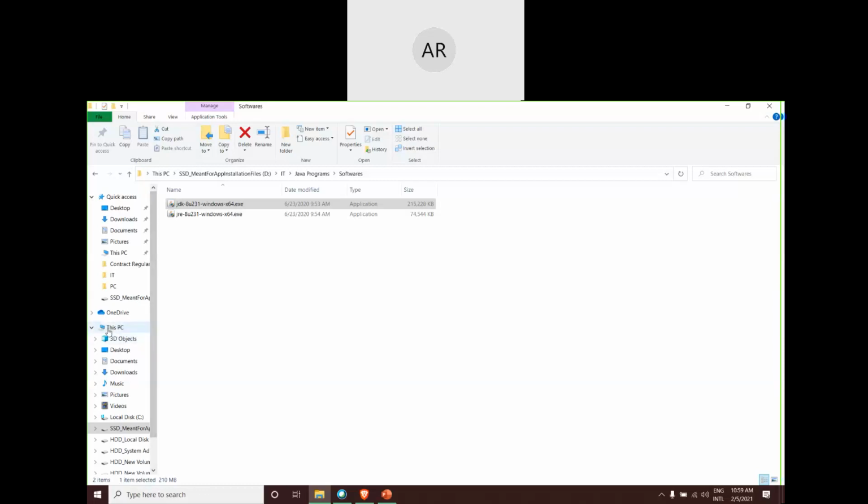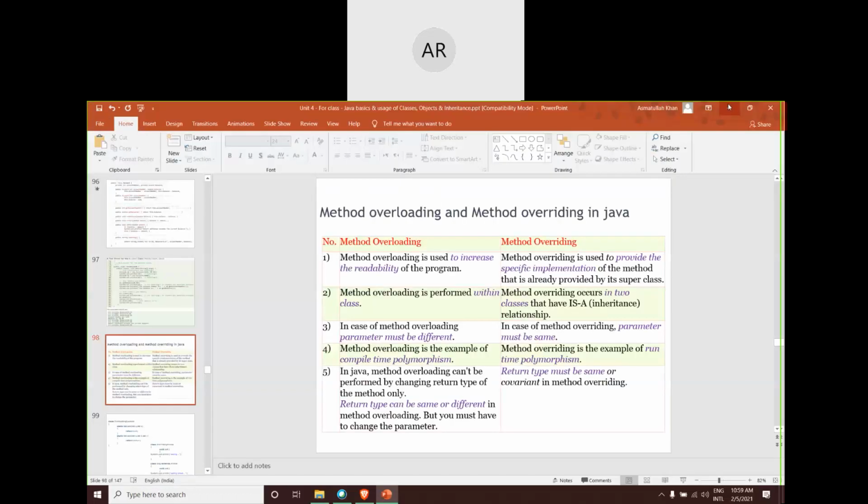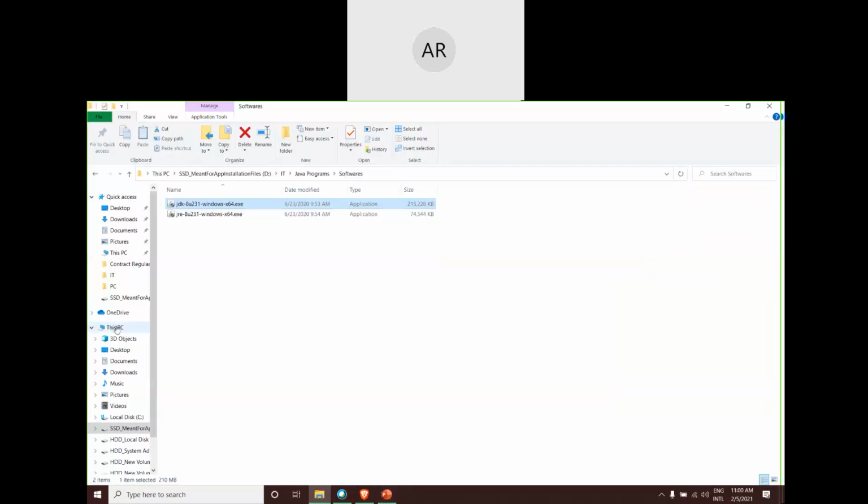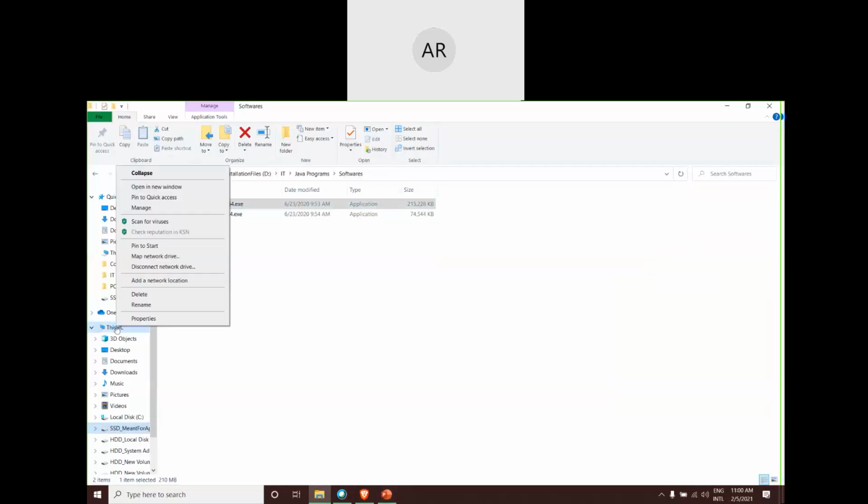On the left hand side, I have that window open. Otherwise, you can go to your desktop, and if you have My Computer there, right click on it. But here I don't have This PC on the desktop, so I'm right clicking on it. The basic point is you right click on This PC or My Computer and go to its Properties.